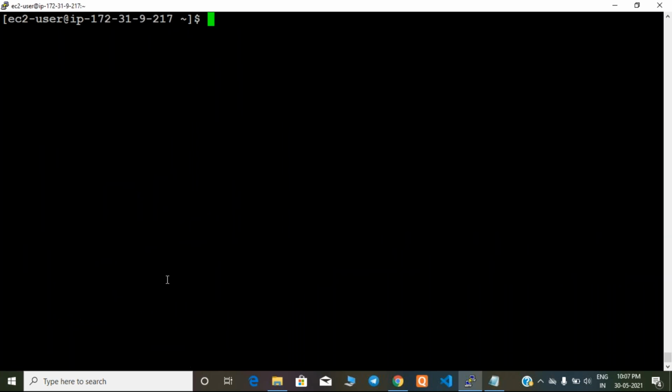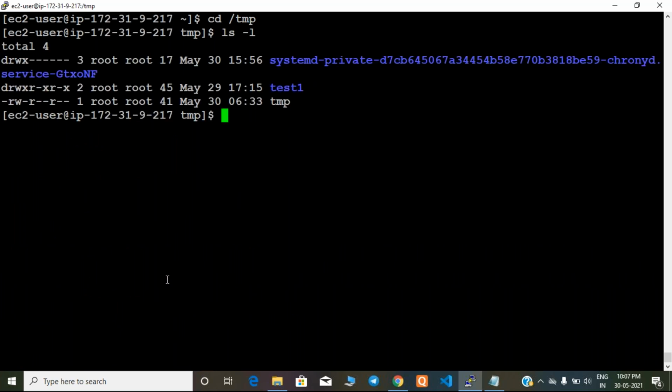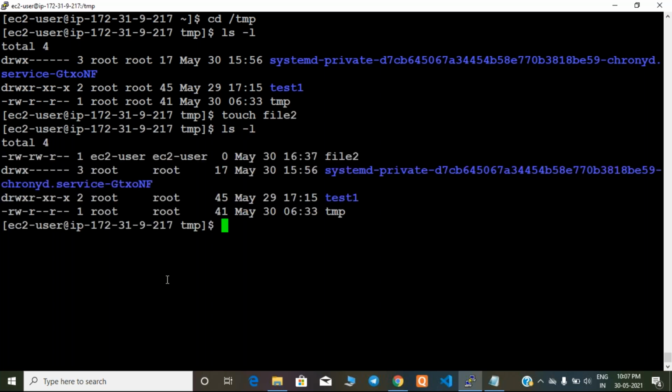Now guys, I'm with ec2-user. Let me go to the tmp folder. So I can see the same properties as of now. See, let me create a new file now. file2. Now who will be the owner for file2, guys? ec2-user only. See, I'm the owner and my group is the group owner.